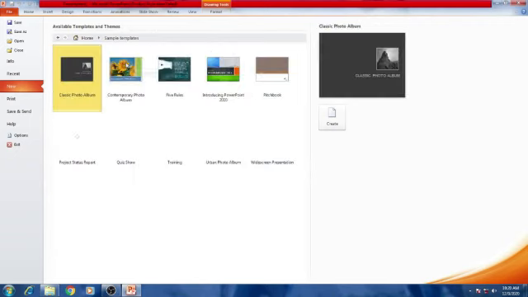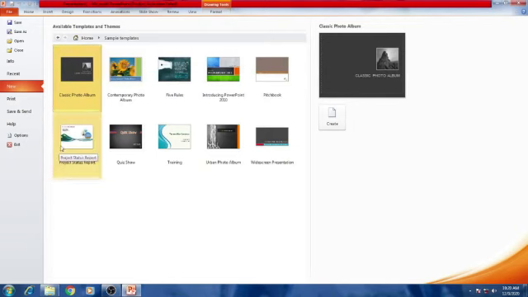Then select the sample template you want for your presentation. Different types are available, like classic photo album, contemporary photo album, and 5 rules introducing PowerPoint. Any model you want, you can choose.